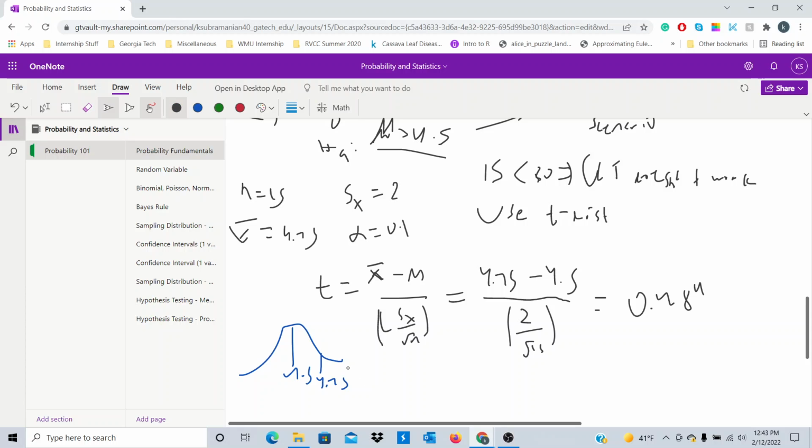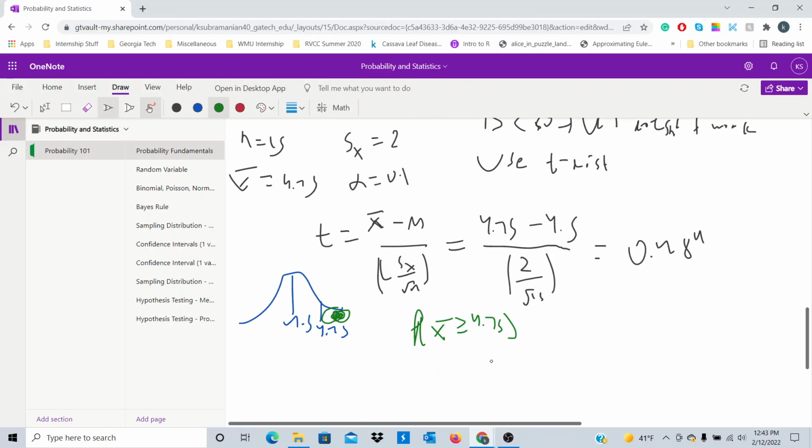Since we care about one side, we want to find the probability of getting a sample mean that's above 4.75, because that represents an observation more extreme than my sample. So I'm just trying to ask myself, how surprised am I from observing a sample where the sample mean is 4.75 in a world where it's assumed that the mean amount of time spent on the phone is 4.5 hours? So that's what this green area can also be thought of. It's the chance that I'm surprised, basically. So this is equivalent to finding the probability of getting a t-score above